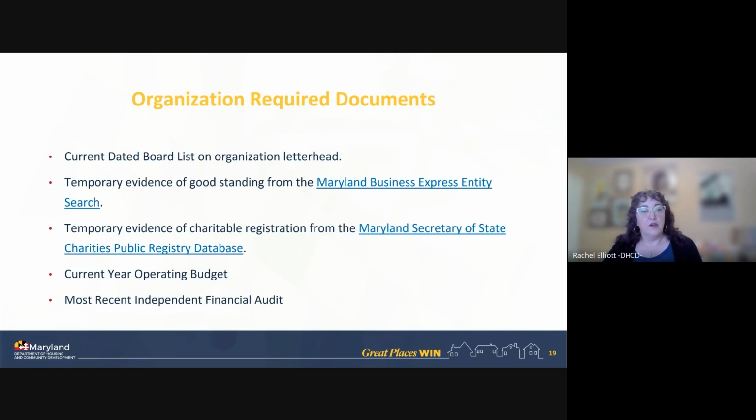Also, we are going to be looking for, and many of you who applied for anything else through our department know about this, that we want to know that you are in good standing with the Maryland Department of Assessment and Taxation, and also that you have your current charitable registration from the Maryland Secretary of State. In the past, we've asked for a certificate of good standing.